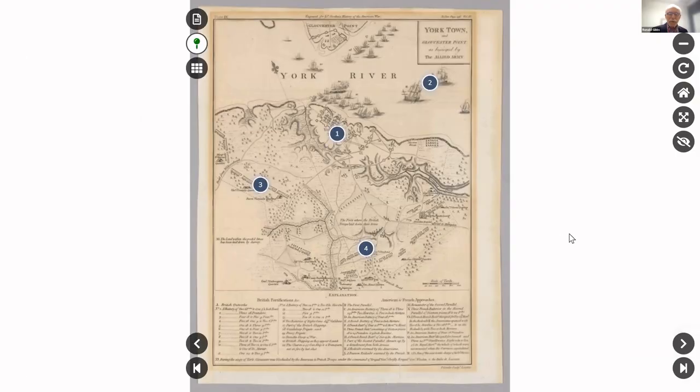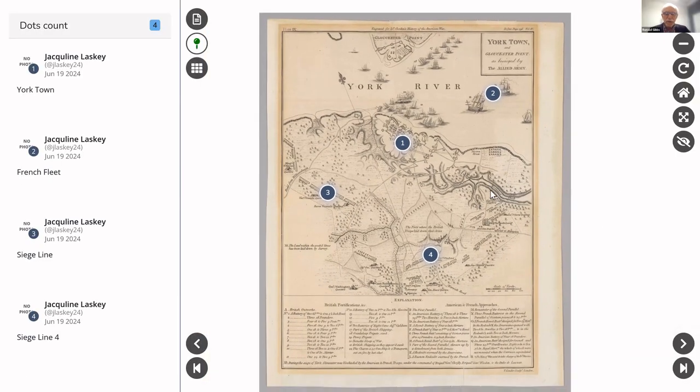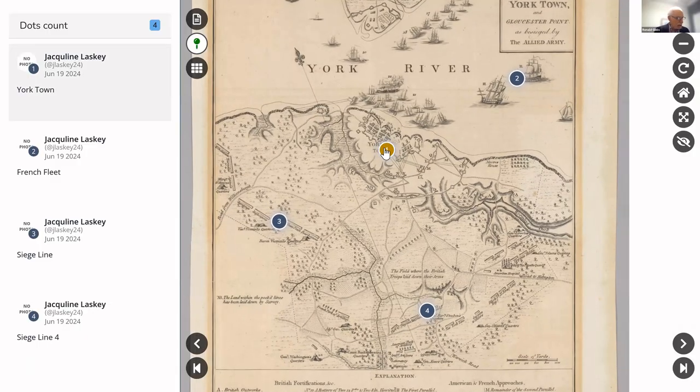At the top is the York River, and at dot number 1 is the village of Yorktown. So in September 1781, the British have come into the sleepy town of Yorktown to refit and to be relieved and resupplied by the Royal Navy. But now the French fleet is in American waters, and at dot number 2, the French fleet